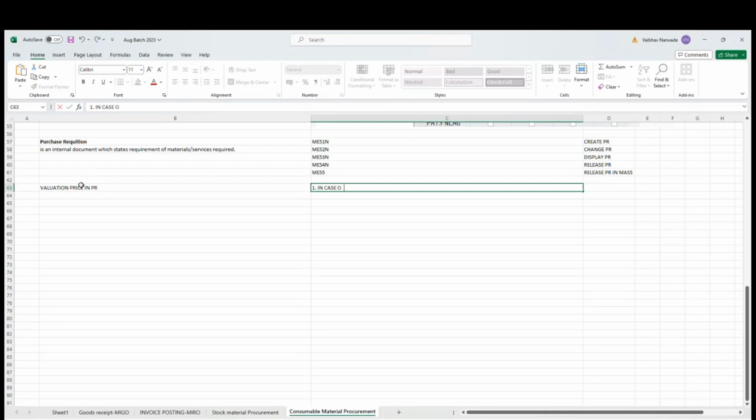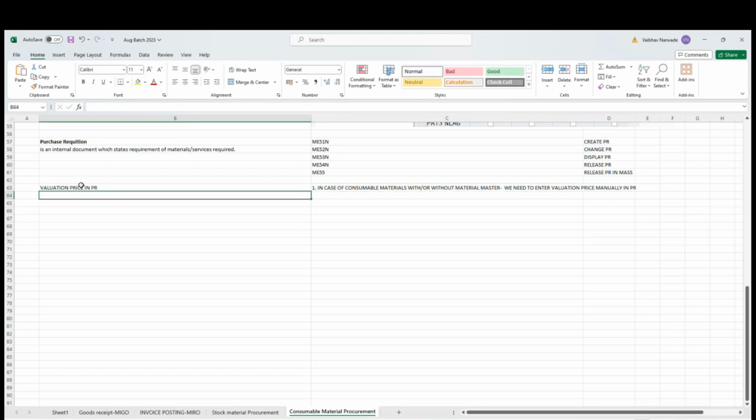In case of consumable materials, with or without material master, we need to enter the valuation price.